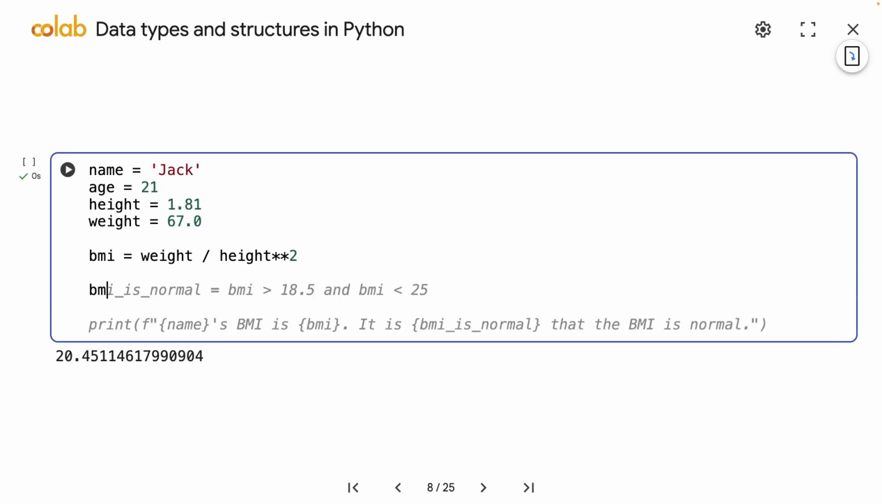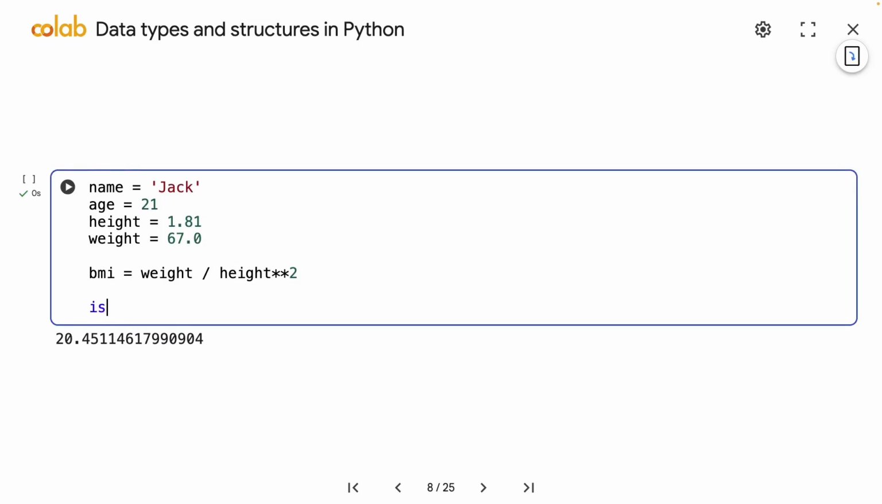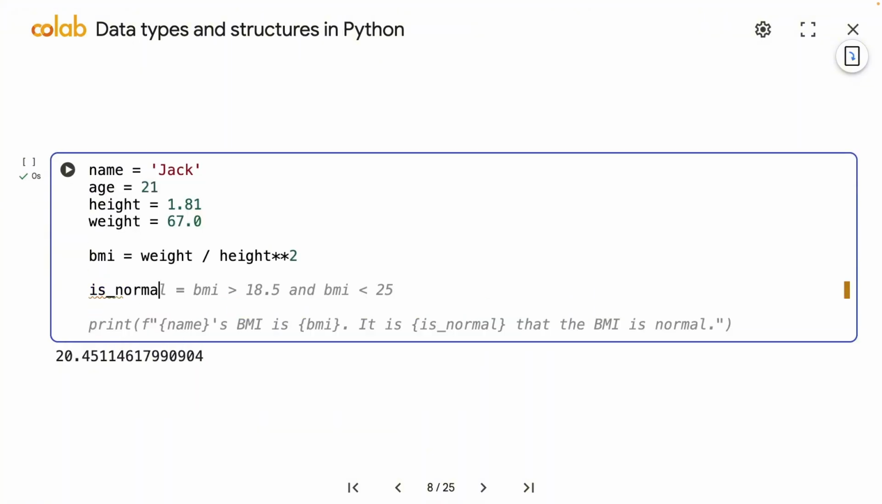Well, let's define another variable. Let's remove this. This variable is called is normal. It can be true or false, right? So let's focus on only one aspect. Let's say below 25 is normal. It could be that this person is underweighted, but let's make things simpler. So let's say